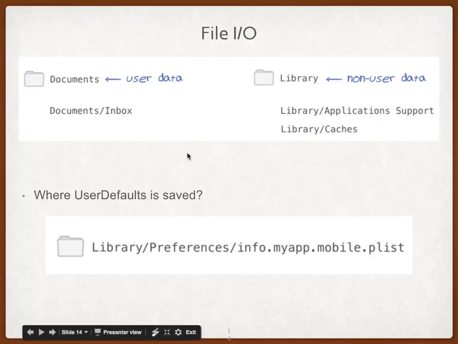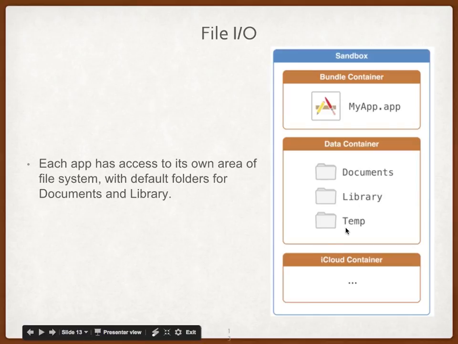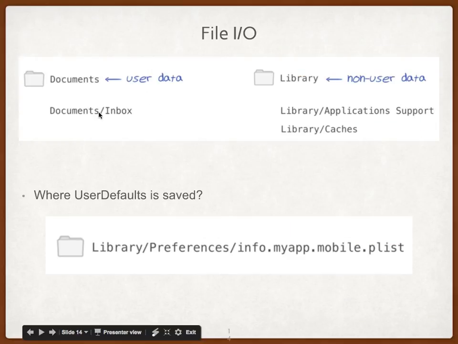So here is a basic rule of thumb for where to save the data. So again we have the document, the library, and temp, right? All the user data should go to the document folder, and all the non-user data. So what is the non-user data? Whatever is for the iOS, whatever is for the system. Like the cache is managed by iOS, the operating system. So whatever is managed, just put it into the library. We don't want to touch the library. Whatever you want to save, just use the document folder. And then earlier we said that the user default is saved onto a file, right? Where is it saved? So actually the user default is saved